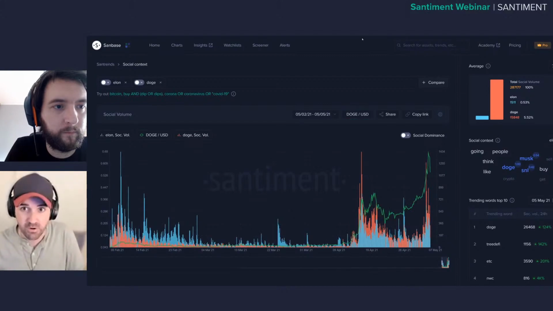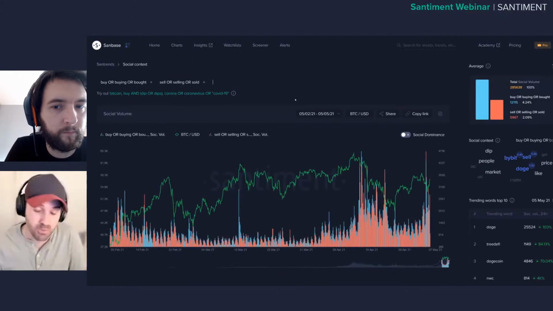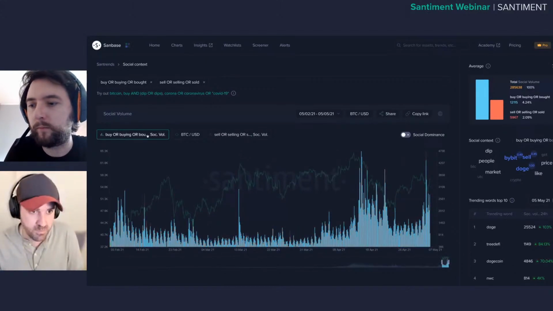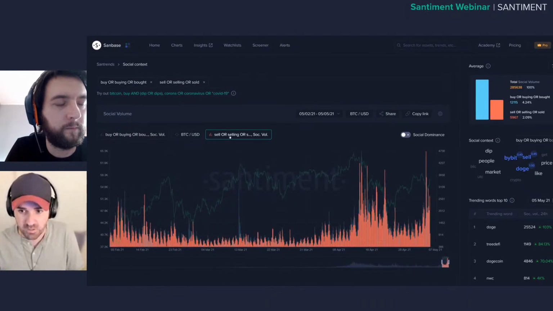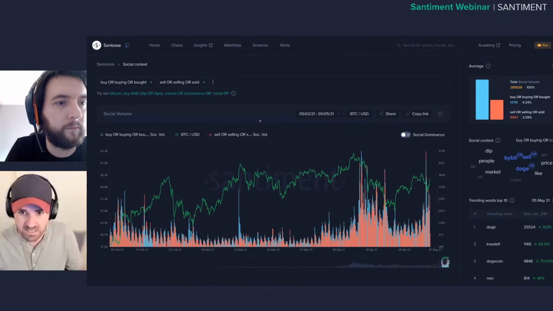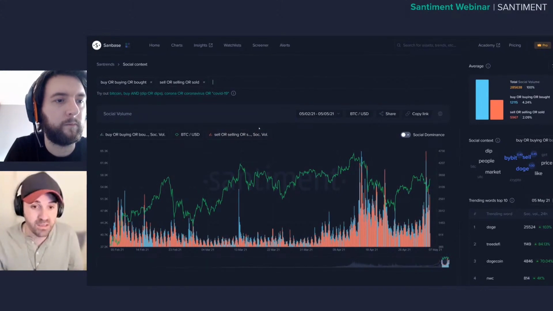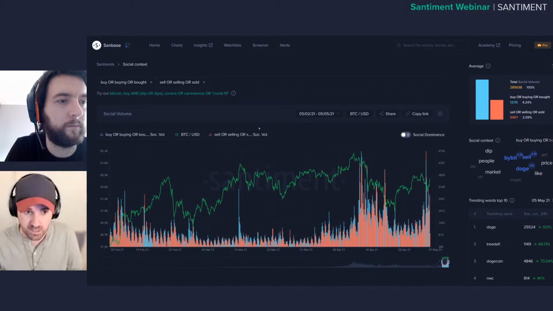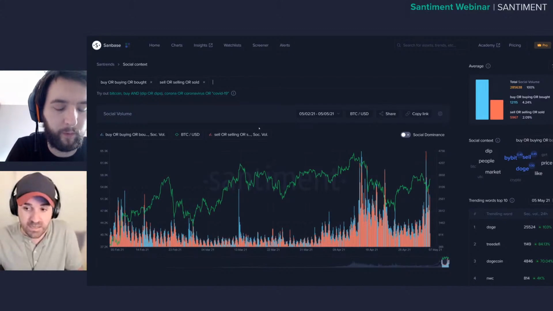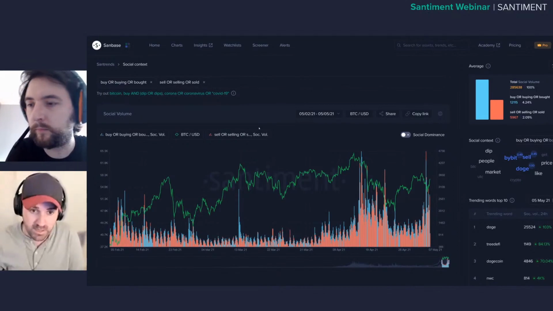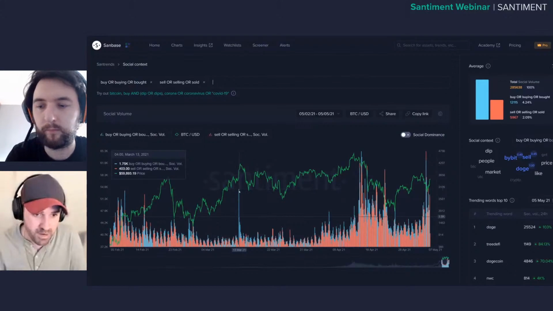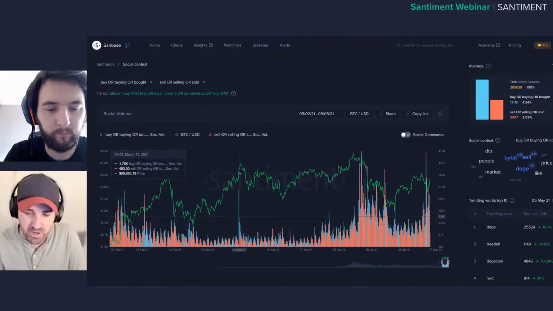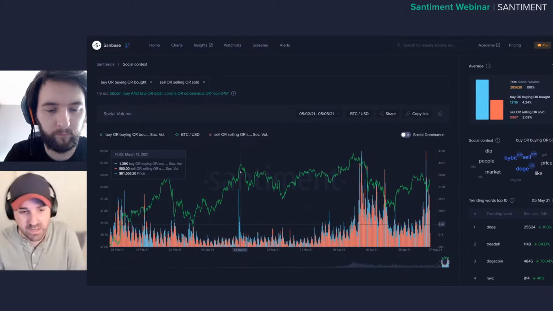Another example I want to show would be simple mentions of buy versus sell, right? In blue here, we've highlighted the words buy, buying, or bought. And in red, we have sell, selling, or sold. The reason this is significant is because when the crowd generally starts to, in enhanced numbers, call for a spot where it's time to buy, that's generally going to give a price a small lift, but it won't last long, because of the fact that